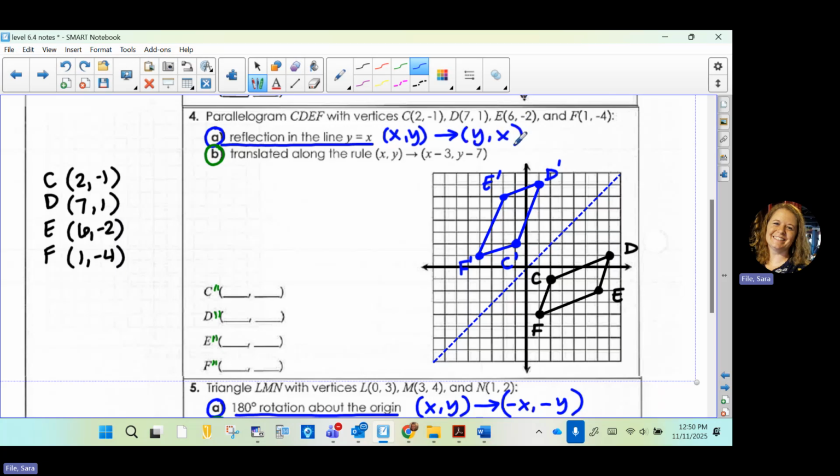And again, that's not something you have to have memorized. That's something that will be given on the formula chart. Y'all have these rules in your notes to use. Okay, so if I use that rule, these points,